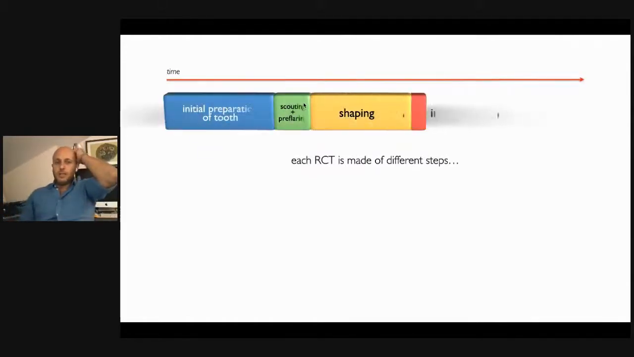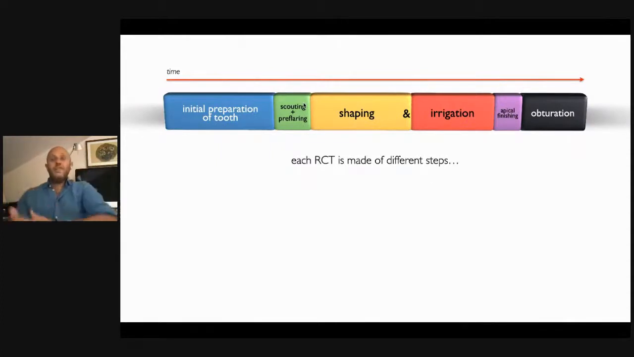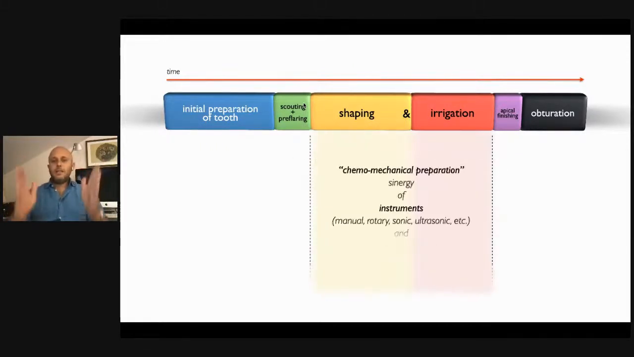We perfectly know that each root canal treatment is made of different steps. We start with the diagnosis, with the preparation of the tooth, with isolation, opening of access cavity, until the obturation, the sealing of the endodontic space. But I think that the most important procedure that we can do during a root canal treatment is the shaping and the irrigation of the root canal space. That's why we usually speak about chemiomechanical preparation of the